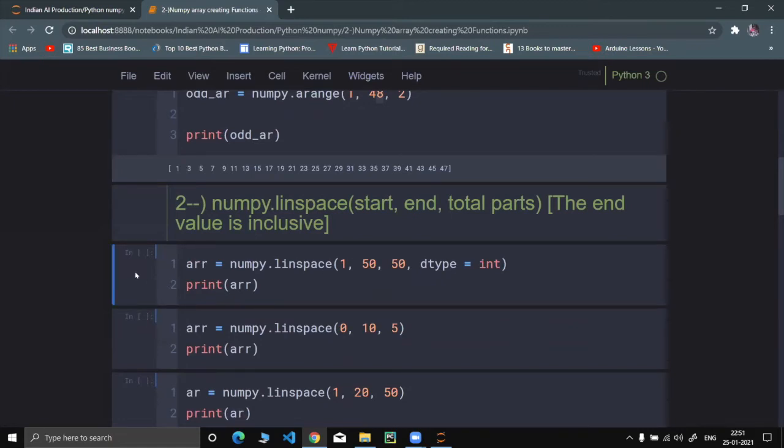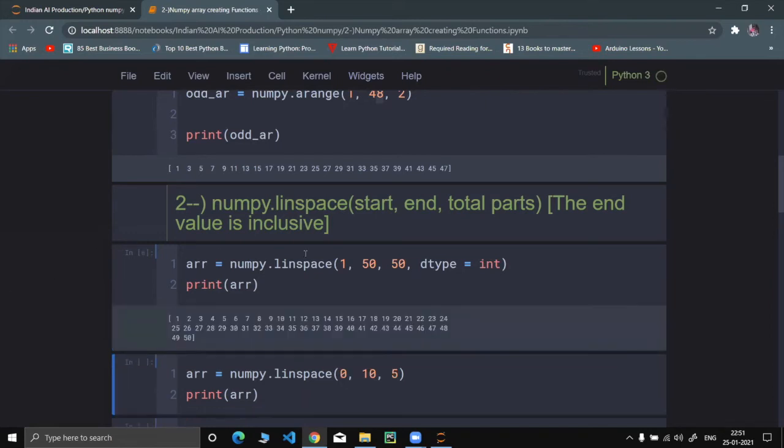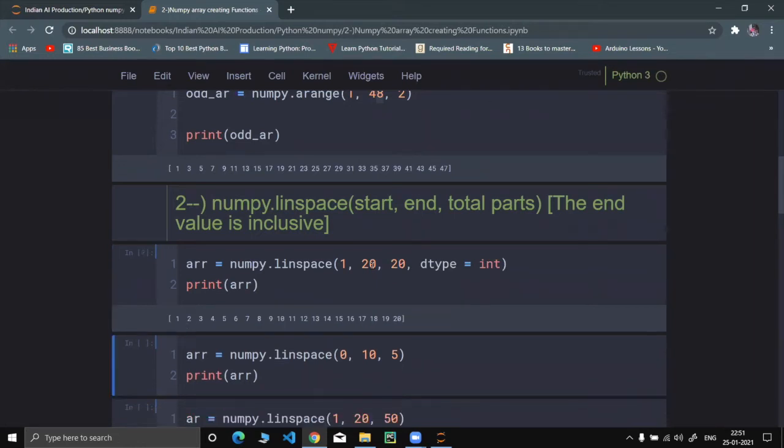Let's see over here. Suppose I want to create an array. The first element of my array starts with 1 and ends at 20, with the total number of parts defined over here.